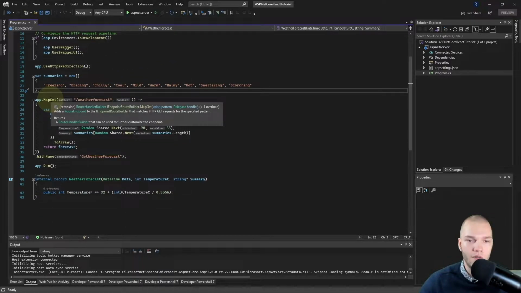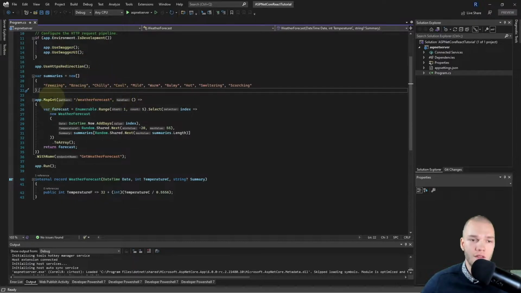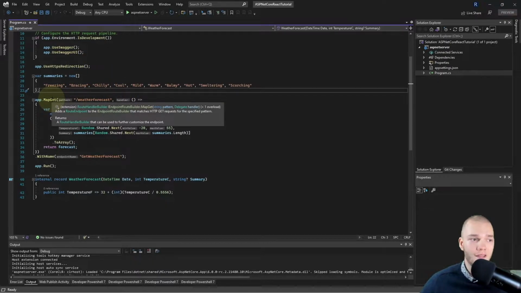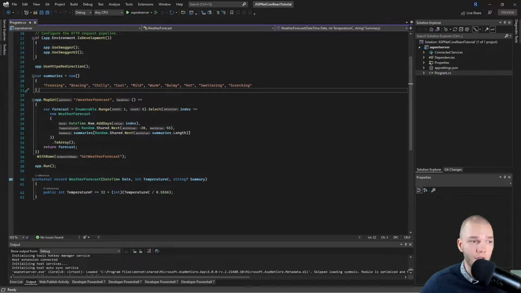If we hover over the map get, we see it takes a first argument of type string called pattern, which is basically the route of the API, and a second argument of type delegate called handler, and a delegate is basically a C# type that holds some lines of code that run when the delegate is called, or we also call that when the delegate is being invoked.